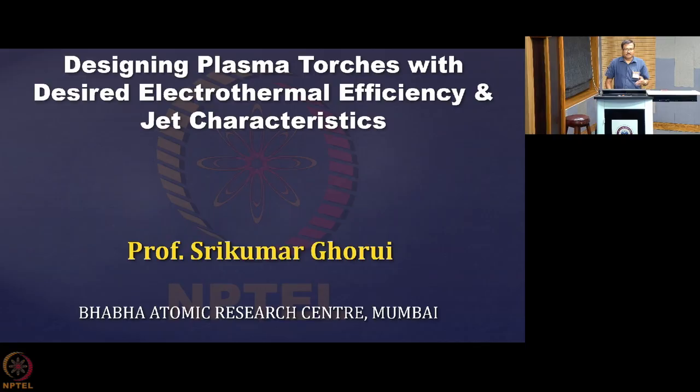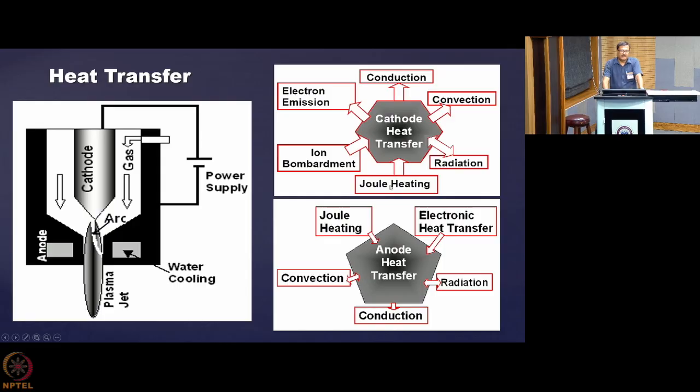Now I told you that in this class I will be discussing something about the design of the plasma torch, how to calculate the efficiency of the device from the simulation, and I would like to understand the jet characteristics as well. So here I have tried to tell you something on that. This is the cathode, the conical cathode, and this is the cavity in which you place it. This is the anode, and this is the nozzle exit, through which the plasma jet comes out.